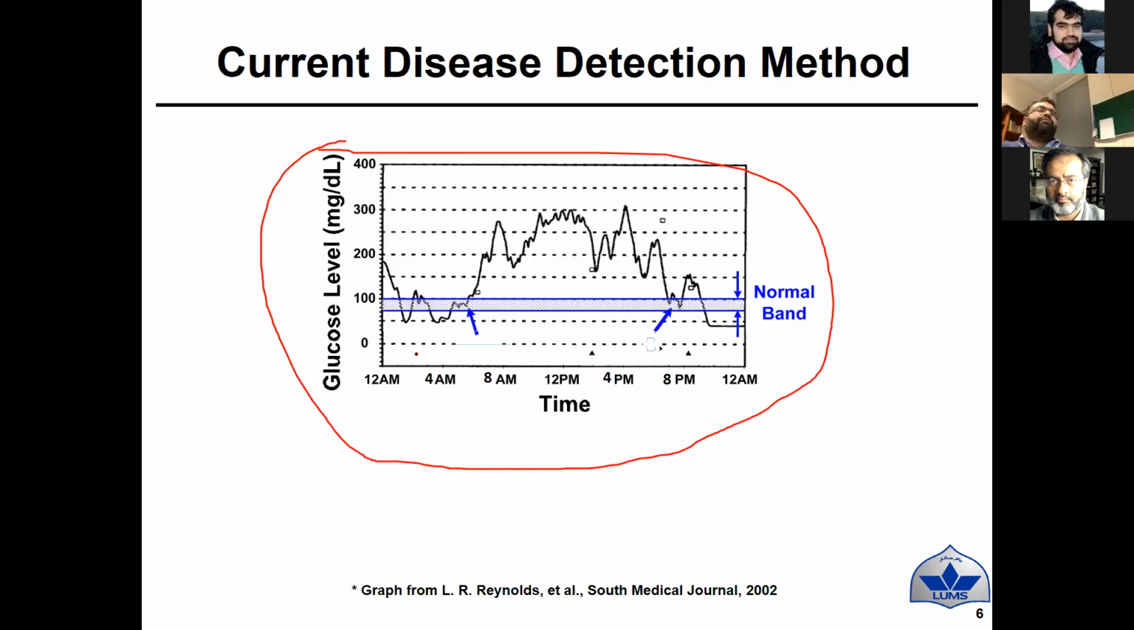So they follow some pattern to get an idea about their glucose level. Here is the glucose pattern of one person. He measured around 7 a.m. and then around 8 p.m. What happens is, he found out his glucose level is quite normal at point A and at point B,